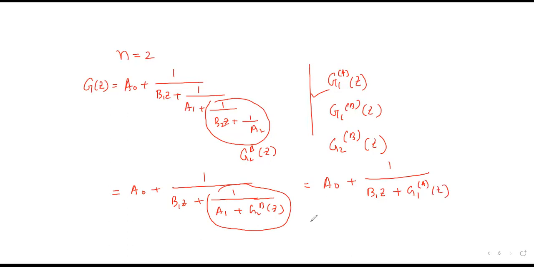Finally, what you can do is this thing is nothing but your G1B function. So A0 plus G1BZ. Okay, so this is how you have to make the form of your continued fraction expansion. Now similarly, if you want to look at how to represent them, say